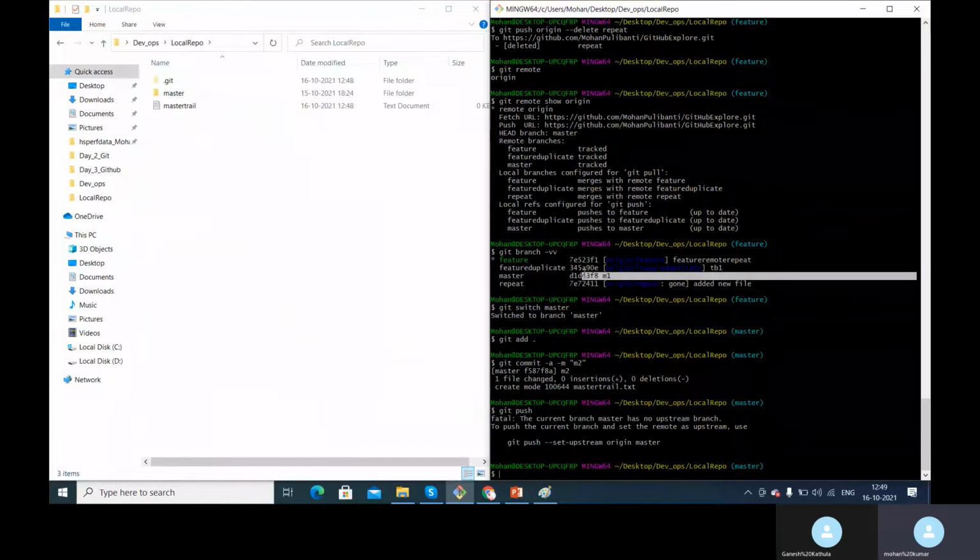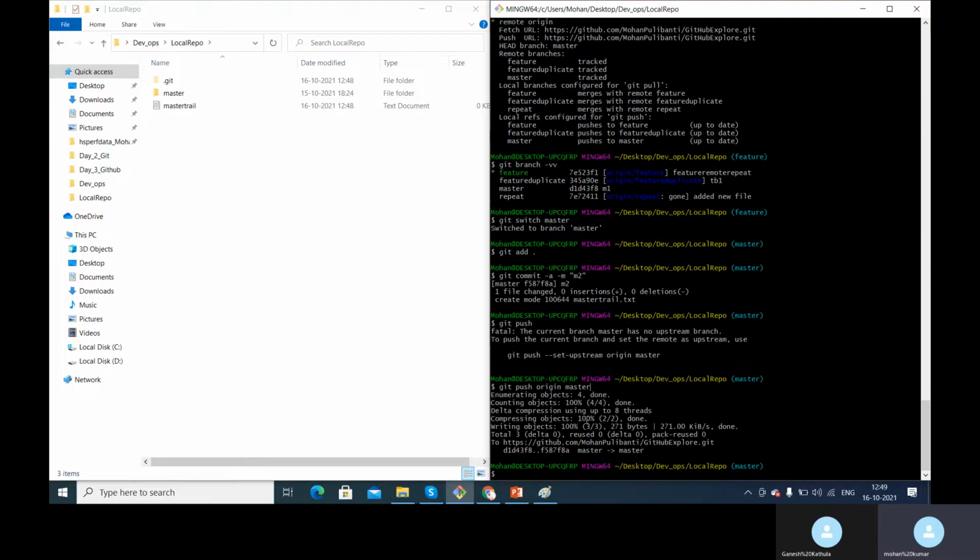A local tracking branch attached to the remote tracking branch is not created. So every time we push, we have to specify the origin, or the URL where you want to push your code, and then also give the branch, master, from which you have to push. When I execute this, it will push the code from the local to the remote repository. That is the only advantage of tracking branches. If we have n number of branches, every time we don't need to specify origin master. This is how we create tracking branches. Okay, is that clear?